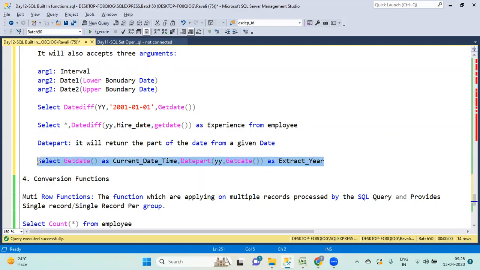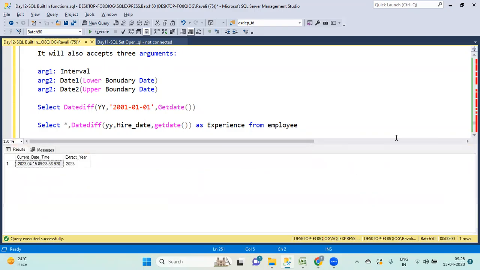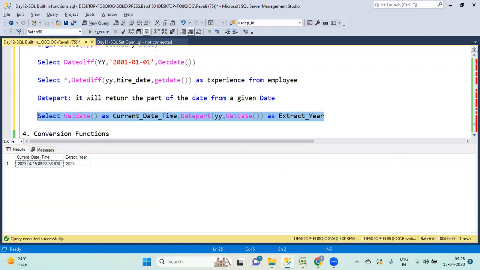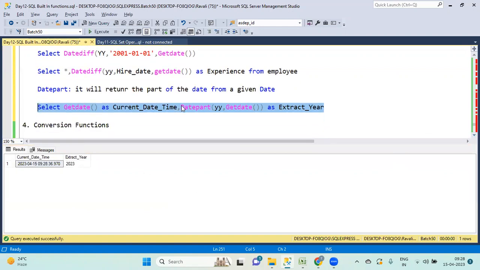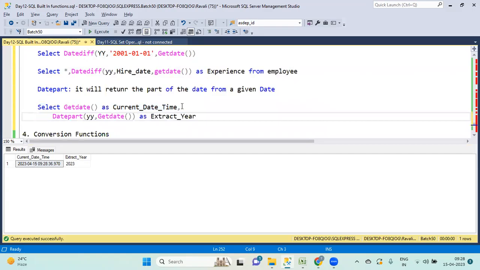Extracting year. See what it is coming. This is the date. From this complete date, if you want to extract only the year, date part of YY, comma, get date. Okay. Suppose you want to extract a month,